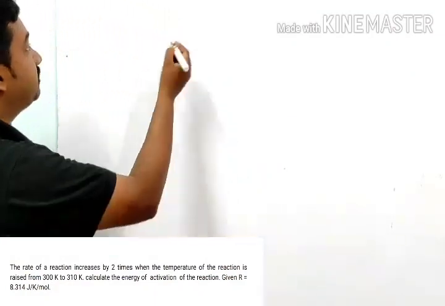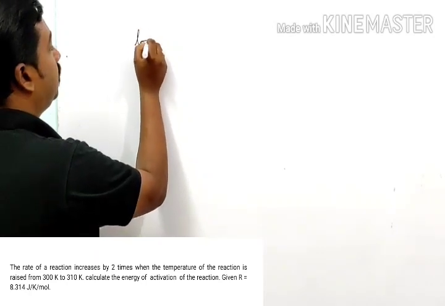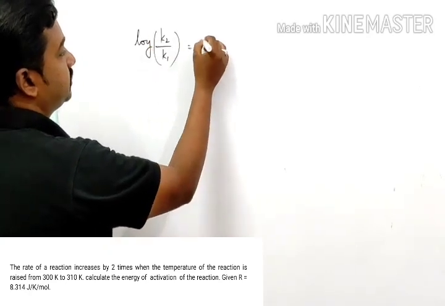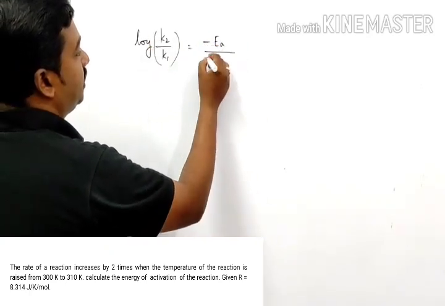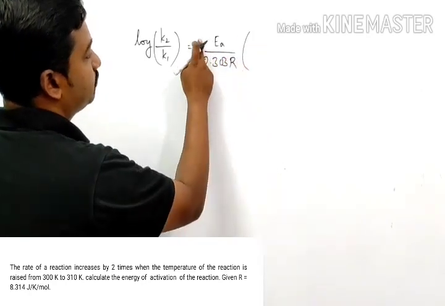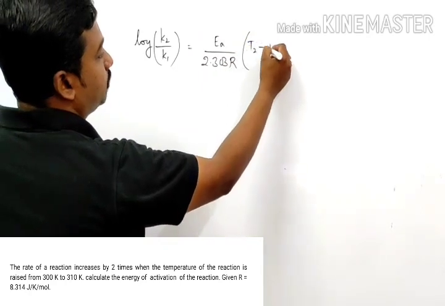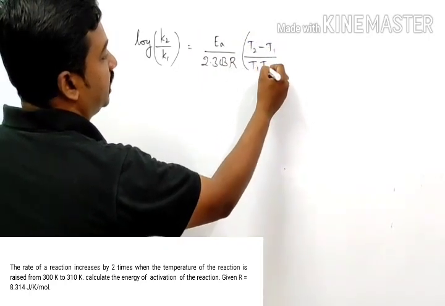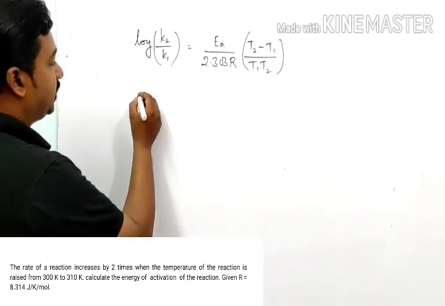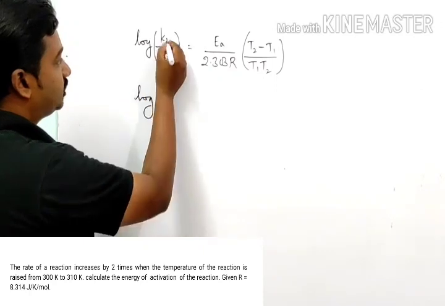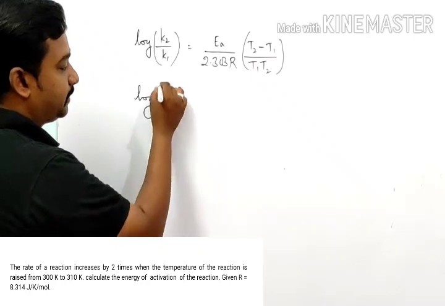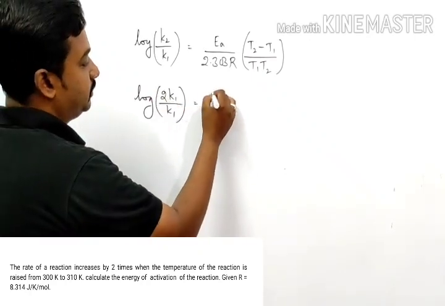It is the Arrhenius equation, where we have log of K2 by K1 equals EA by 2.303 R into, if I remove this minus, T2 minus T1 by T1 T2. Okay. Now let's substitute all the values. According to the data, the rate constant increases 2 times, so it becomes 2 times K1 by K1, which is equal to EA by